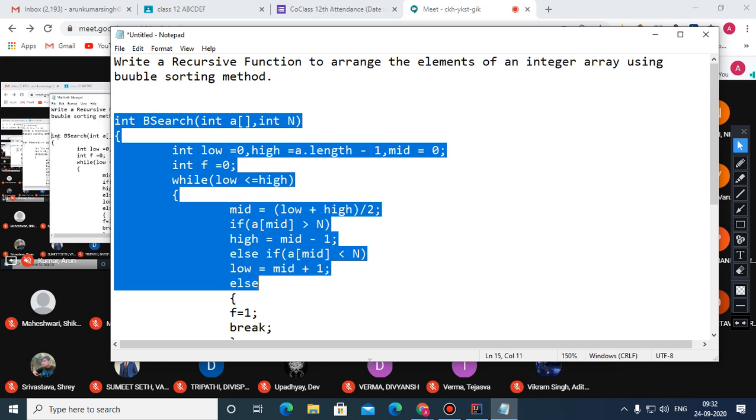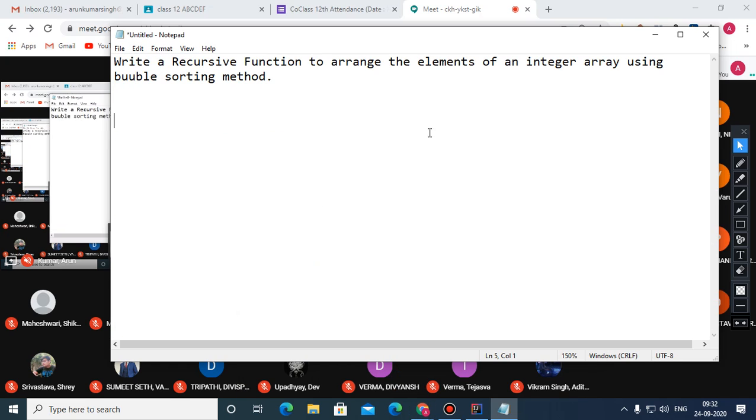And use the following given prototype, that is void sort. This is the array, and here we need two variables. Children, these are the looping variables.